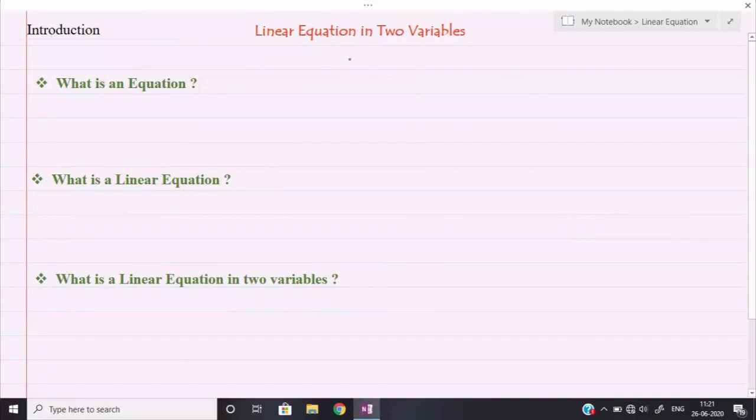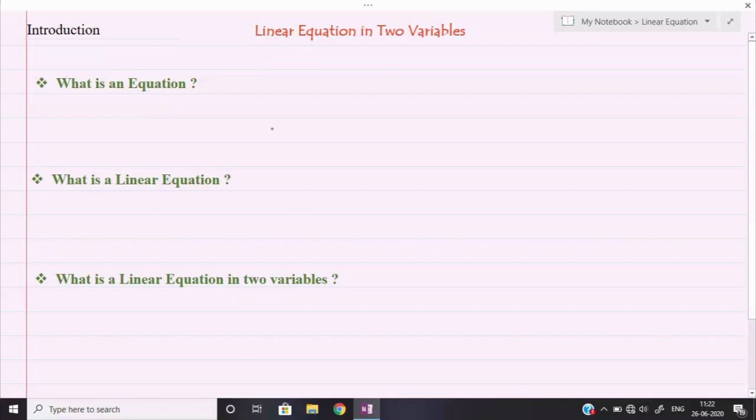Today we are starting our new topic, linear equation in two variables. You must have covered this topic in the lower classes, in class 7 or class 8. You have seen what a linear equation is, how to solve them, and you must have seen the application also. But now I'm starting the topic from the beginning. So whatever concept may be unclear, maybe you forgot something, that will be clear to you now, because this topic is very important and the secondary part of this topic will come in class 10th.